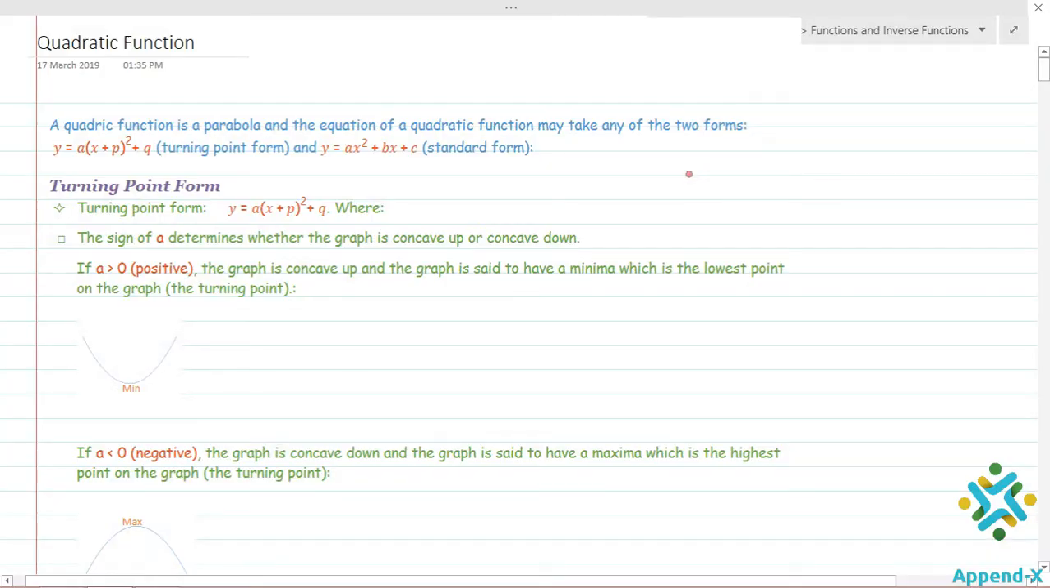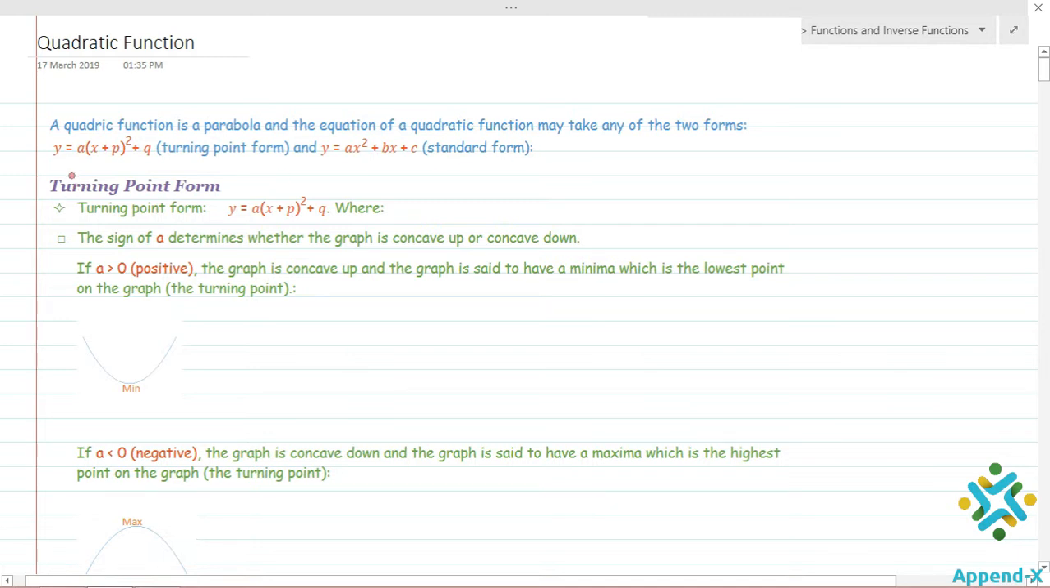Our third lesson, still under the topic on functions. Now in this video, we will be dealing with the quadratic function. A quadratic function is a parabola, and the equation of a quadratic function may take any of the two forms: